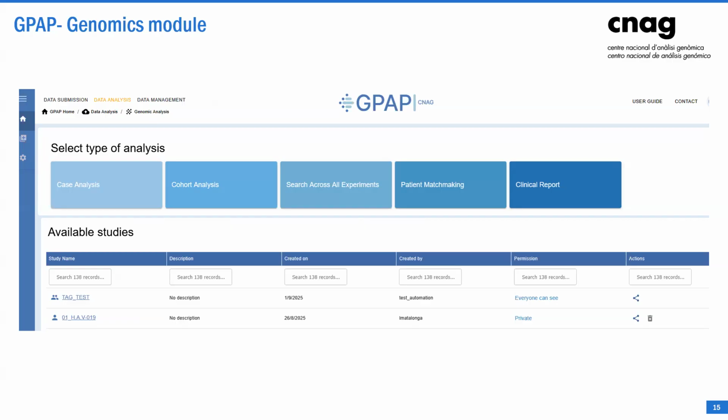And from here, there are different types of analysis that I will very briefly describe. The first one will be the case analysis. So you can analyze an individual or the entire family, but it's really for a specific diagnosis of that case. And then we'll go through the cohort analysis and the search across all, which is what data sharing enables in